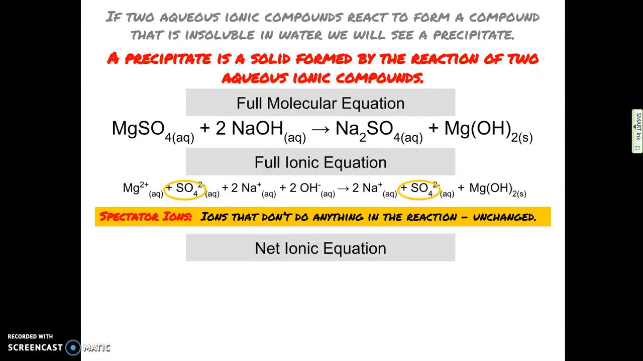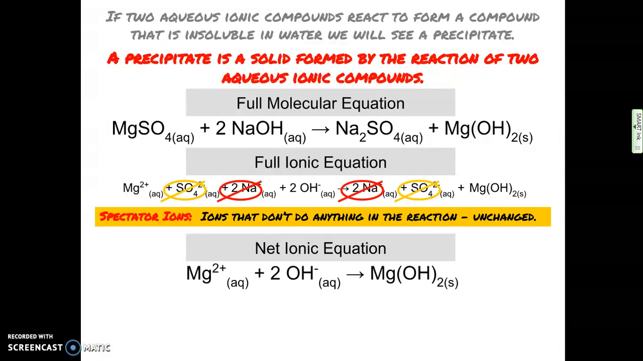Look at that sulfate ion. It's on the left, it's aqueous. On the right, it's aqueous. It didn't do anything. And the same thing with those two sodiums. They didn't do anything either. They're spectators. They're the worst kind of spectators too. They don't even cheer. So we get rid of those and we write what's left over as the net ionic